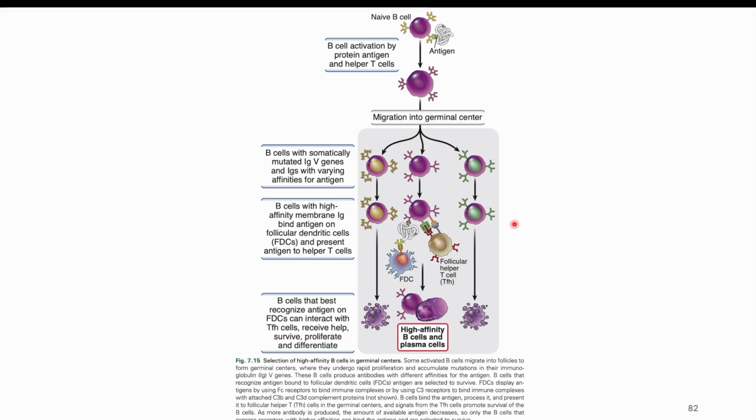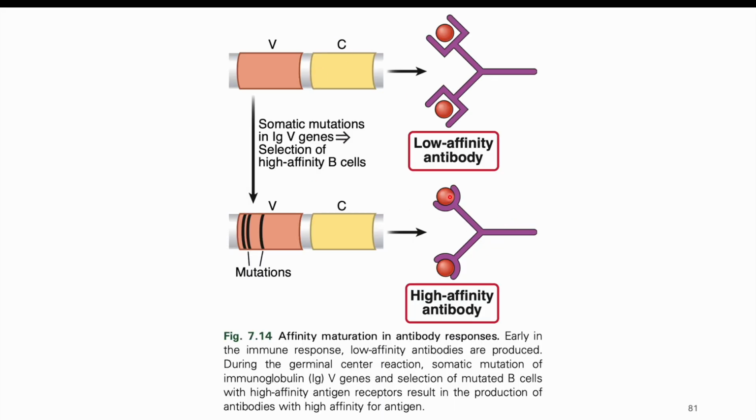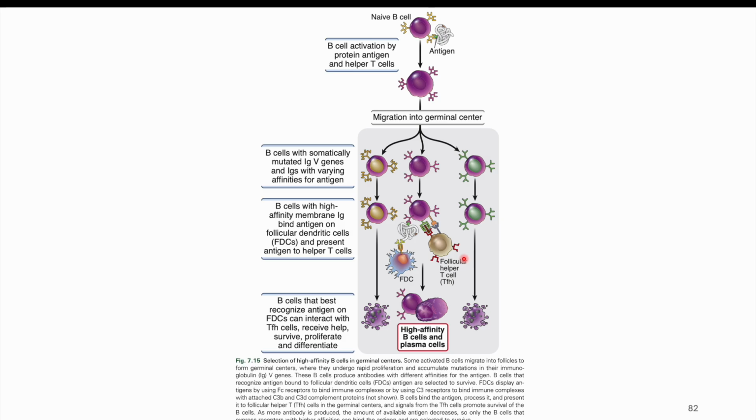Then this is the selection of high affinity B cells in the germinal center. So this is what we said. This is a simplistic representation. We just say, oh, low affinity antibody was there, and then there was somatic mutation, and then there is high affinity. But exactly how is this high affinity antibody being selected? So remember,